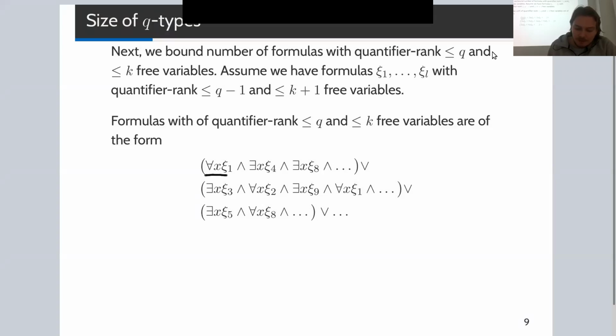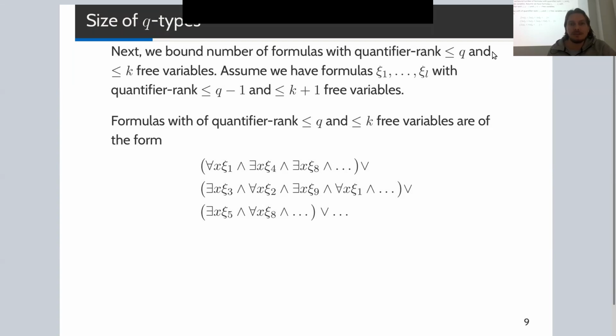Here it can be like this. The variable can be existentially quantified, or universally quantified. And after such a quantifier comes a formula which has one quantifier rank less, but it has one more free variable. So this variable x is now a free variable. And this is exactly the kind of formulas that we assume we have a bound on. So in general, we can assume that our formulas are